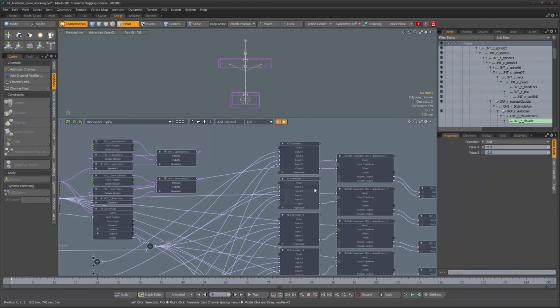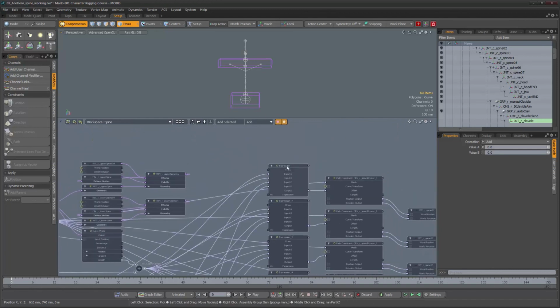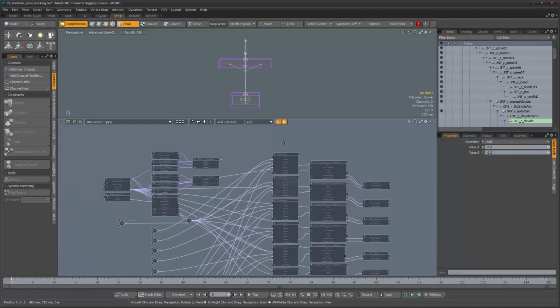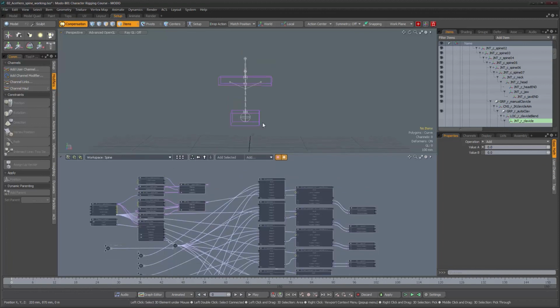So we're gonna leave it with the expression nodes, and I might rename these later to something more meaningful, not just expression. You know, we've been using the UTI prefix for nodes that are meaningful in the schematic view, so we might do that. And before I finish this video, I just wanted to mention something that we failed to